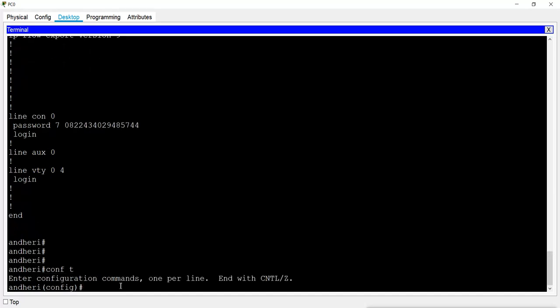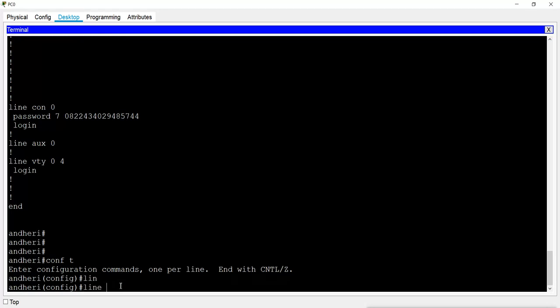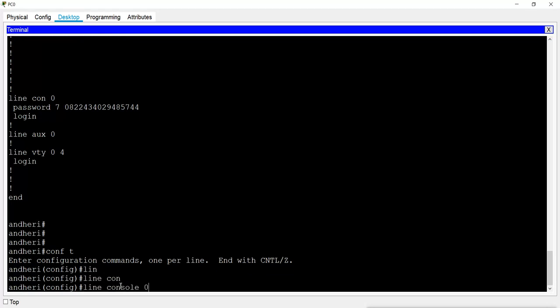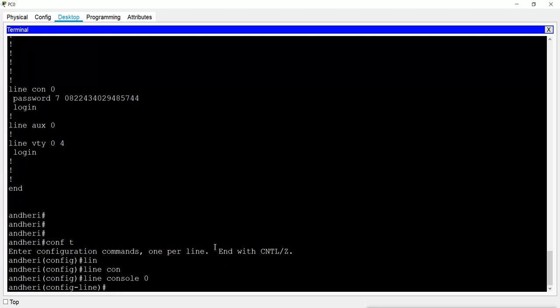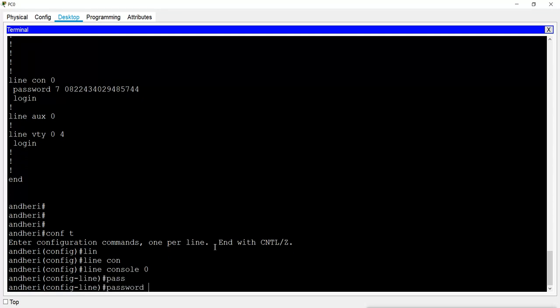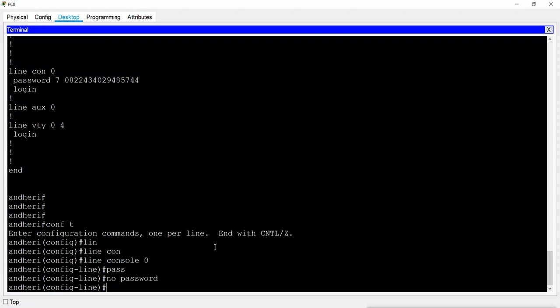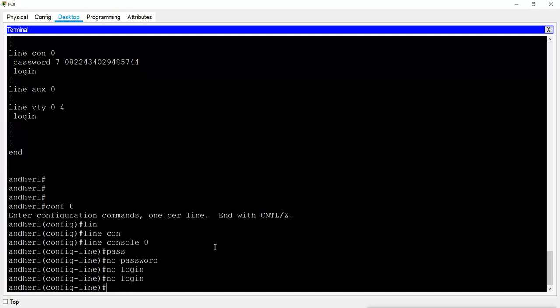So in the configuration mode, I went to the console 0 line, to the line mode, then the command was password, so I will put no password, very simple, and no login, to remove the login also.